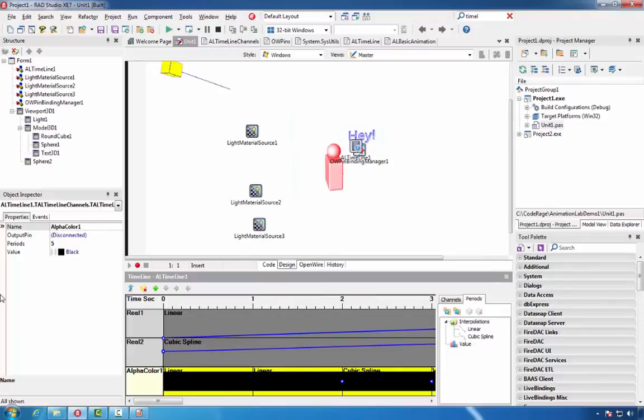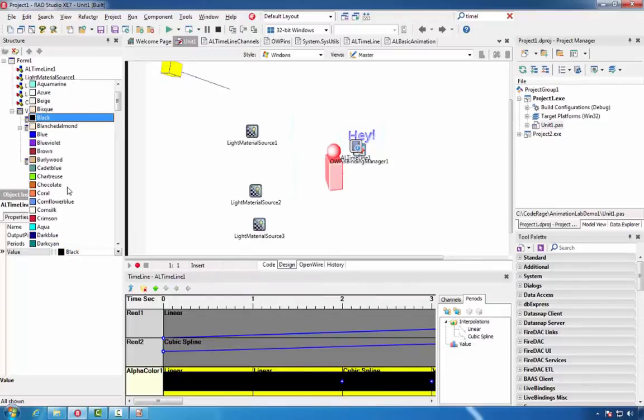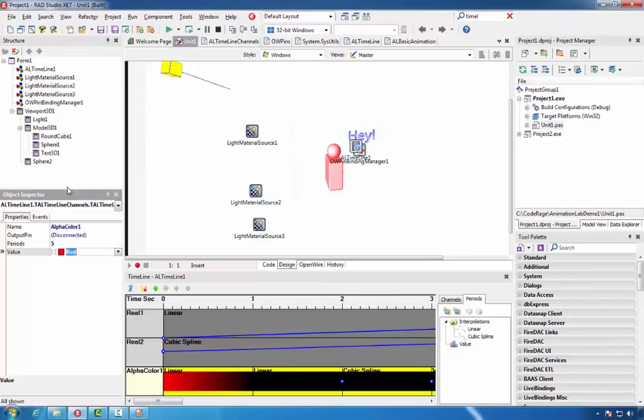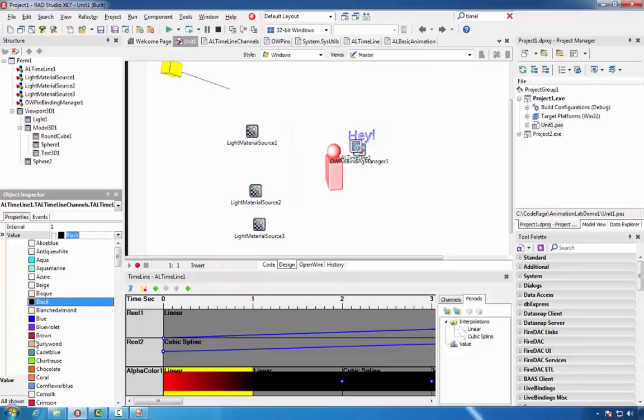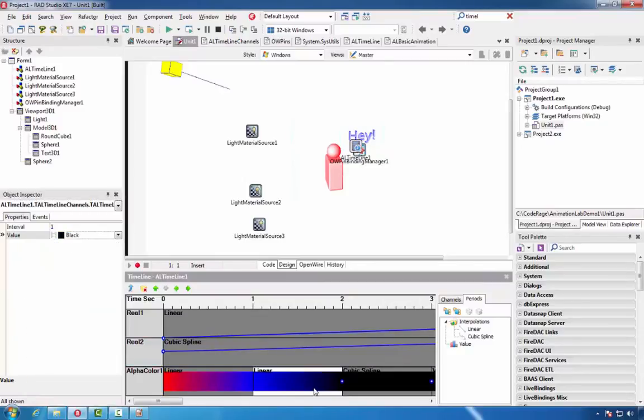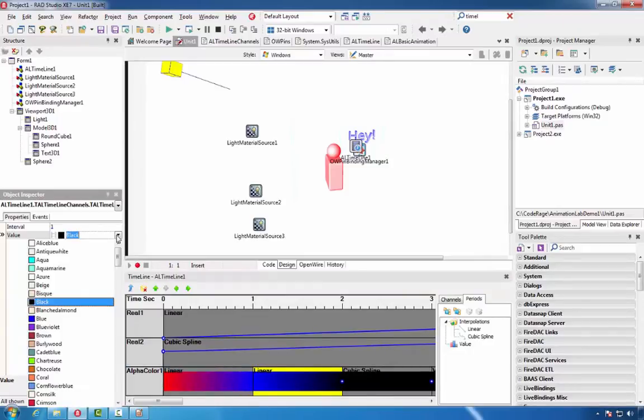We'll select the channel and we'll set initial color of red. For the first period, we'll select ending color of blue. For the third period, we'll set ending color of yellow.